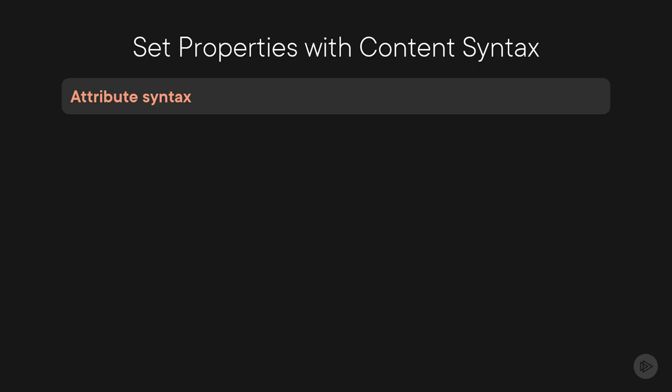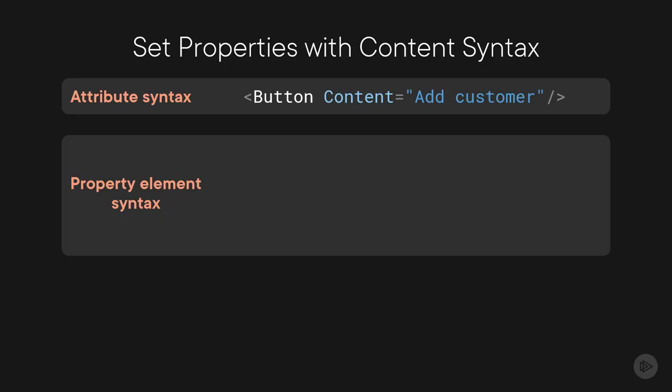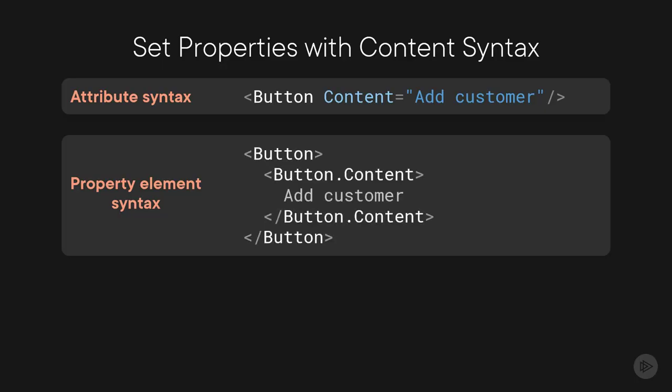You know already how to set properties in XAML with the attribute syntax. On this button, the attribute syntax is used to set the button's content property to @customer. In the previous clip, you learned how to set properties in XAML with the property element syntax. Setting the button's content property with this syntax looks like this. The property element consists of the class name and the property name separated by a dot. Property element syntax allows you to assign complex objects to a property, because you can use again object elements inside